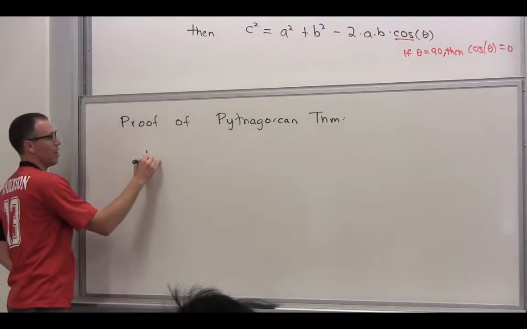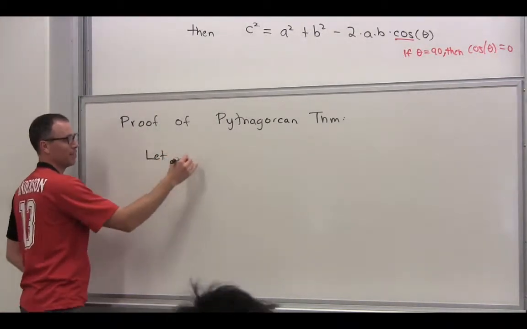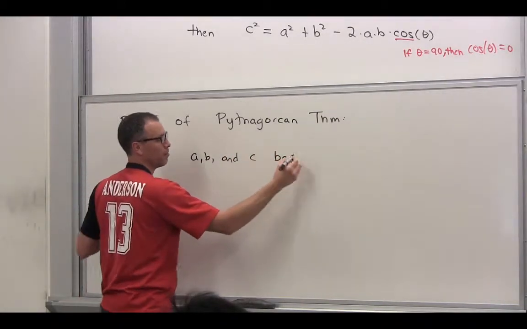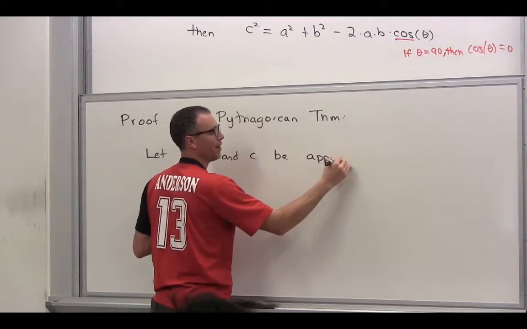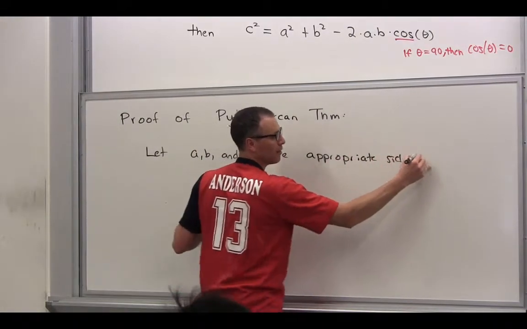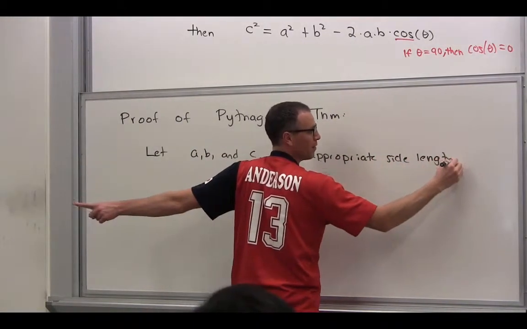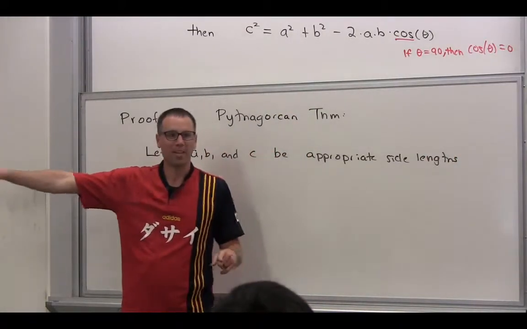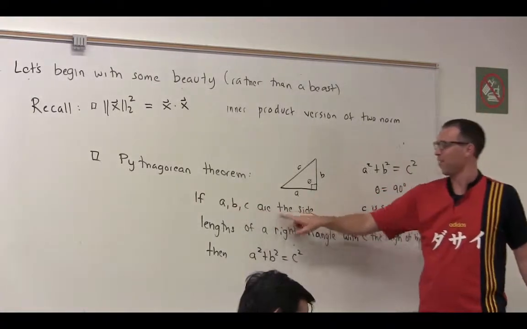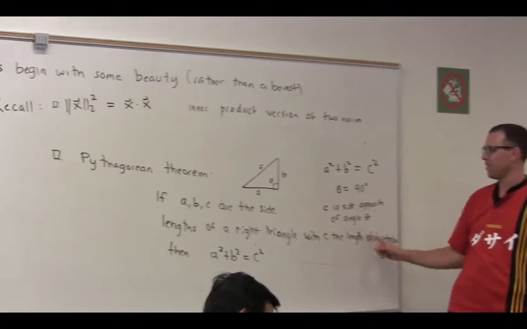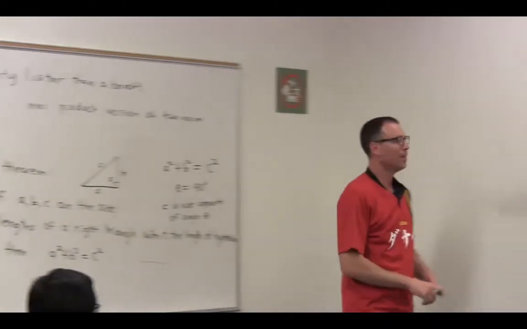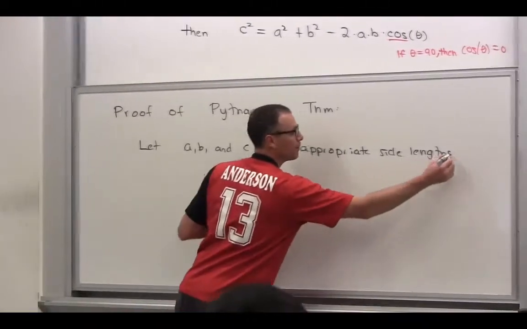Okay, so let A, B, and C be the appropriate side lengths. What do I mean by appropriate side lengths? We set that up over here, right? It means that A, B, and C are the side lengths of a right triangle, with C being the length of the hypotenuse, and C is the opposite angle, right? Okay, then